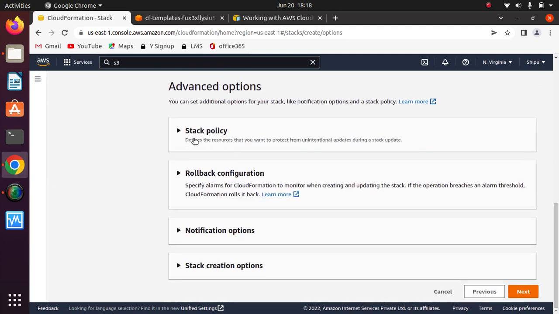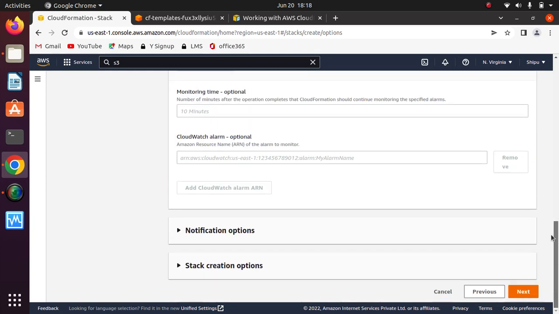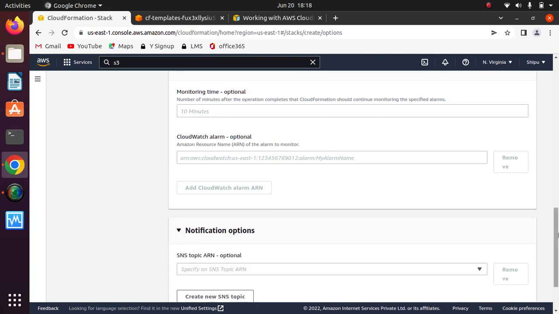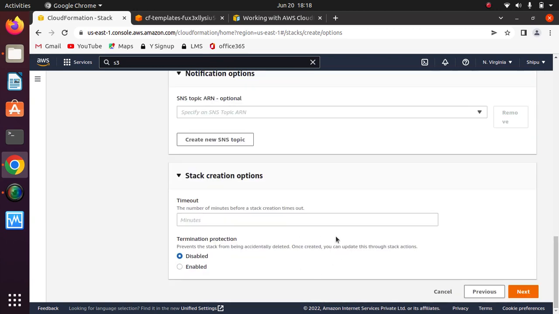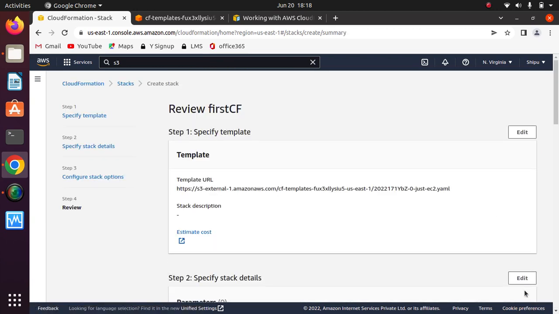Then okay, there is a stack policy we don't want. Then rollback configuration, for now we are okay with that. Then notification option, notification we can add with the SNS topic. Then stack creation options, that is also okay. So I click on next, and here you can review your stack, that is first CF,